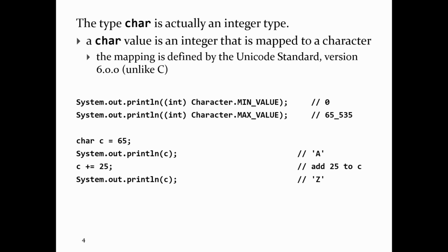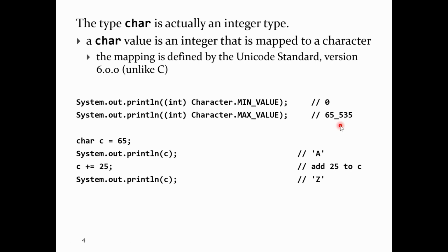So the mapping is defined by this thing called Unicode, and Java uses one of the many versions of Unicode for this actual mapping. Unicode is a standard for representing characters or symbols that people use. The idea is that we should be able to represent every symbol across all languages on planet Earth. There are a lot of them; in this case, 65,000 something, which I don't think is actually sufficient to hold all symbols for all languages used. But anyway,